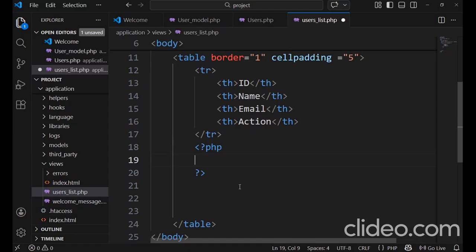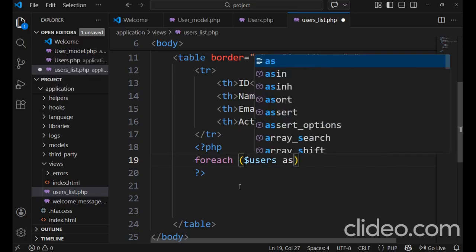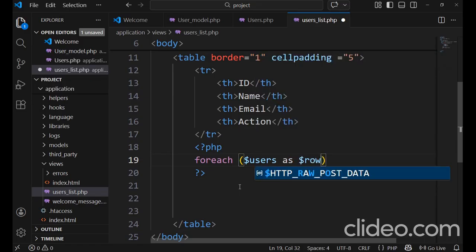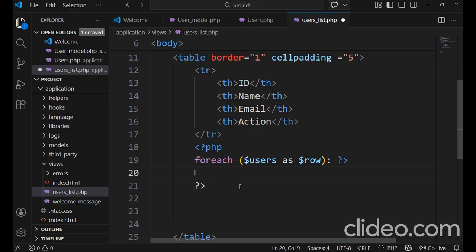Okay, foreach to fetch the data, $users as $row. Okay, close the PHP tag and tr is equal to